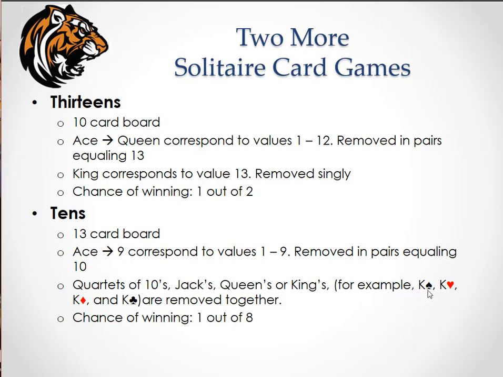For example, if you had the king of spades, the king of hearts, the king of diamonds, and the king of clubs all up, face up on the board, you could remove them all together. The chances of winning in this game, however, a little more difficult, are 1 out of 8. So let's take a look real quick at